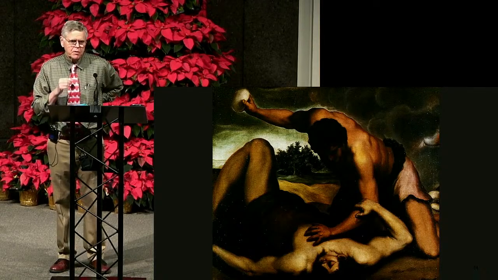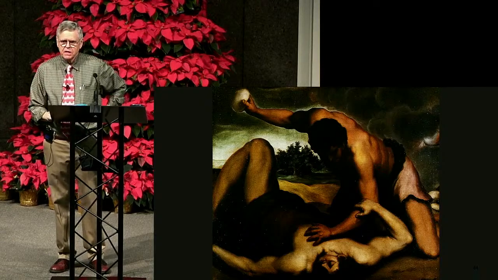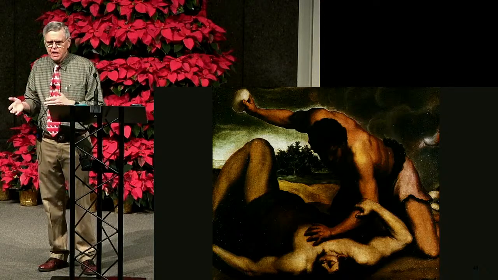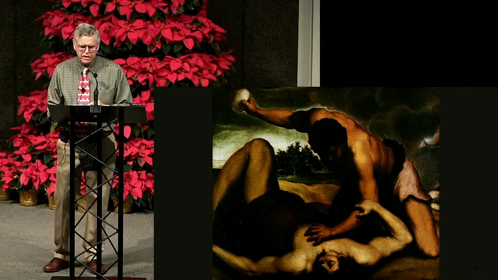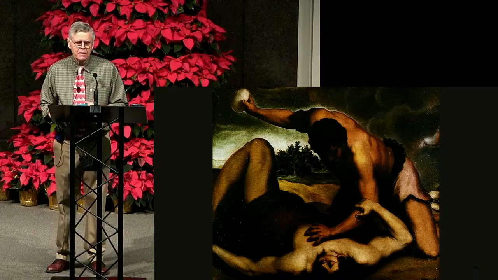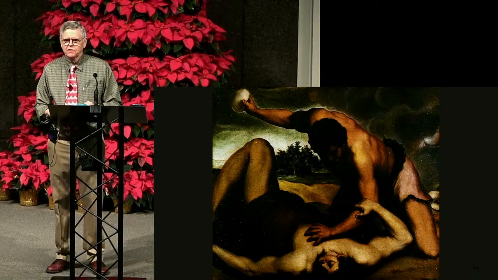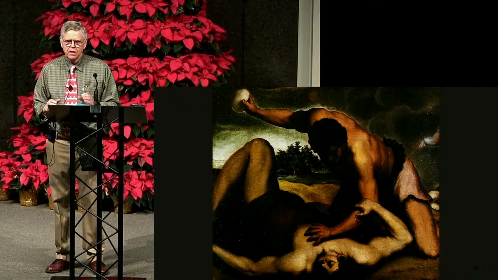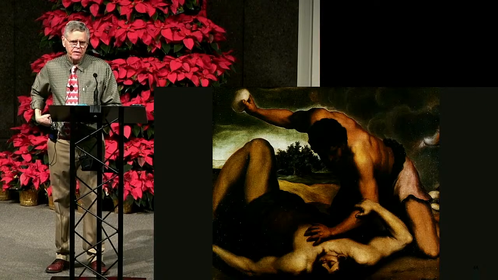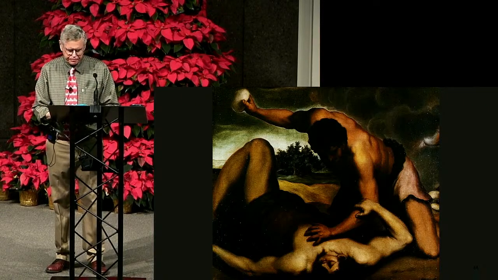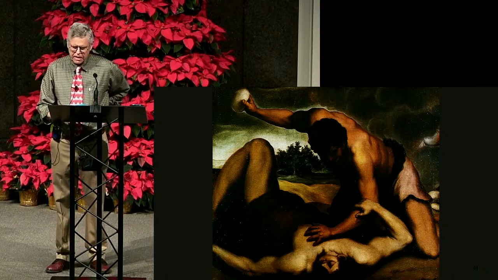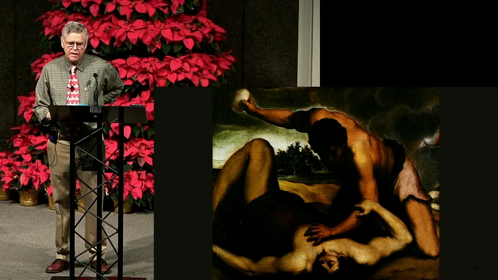Now, I remember a long time ago I gave a lesson where I said it was because God preferred an animal sacrifice with blood, not a grain sacrifice. And one of the elders corrected me and said, you know, it really doesn't say that. In fact, there are some grain sacrifices among the Hebrews. So I wouldn't say it was necessarily because of that, but there was something wrong in the spirit it was done. And I think we can see later on that there was something wrong with Cain's spirit. And of course, he was angry, he was jealous of his brother's favor, and he was even kind of a smart aleck toward God in verse 9.